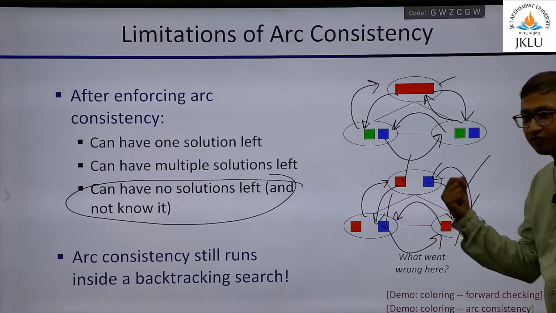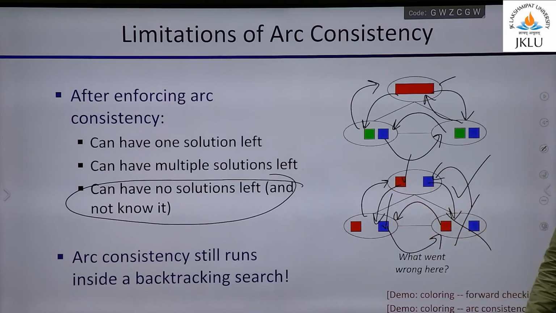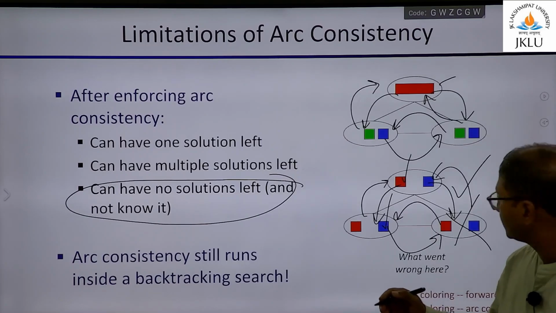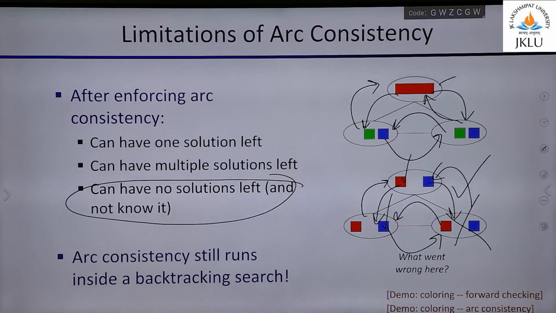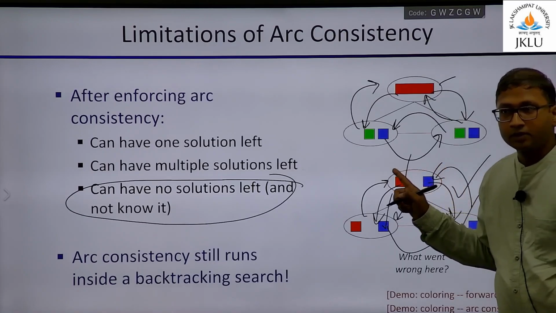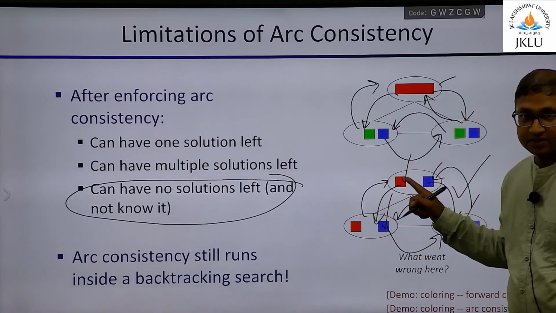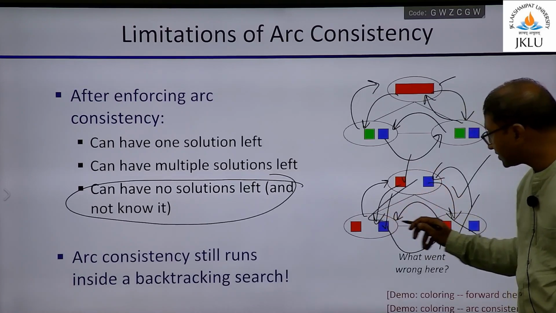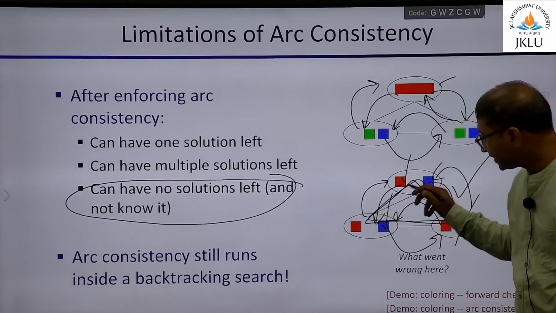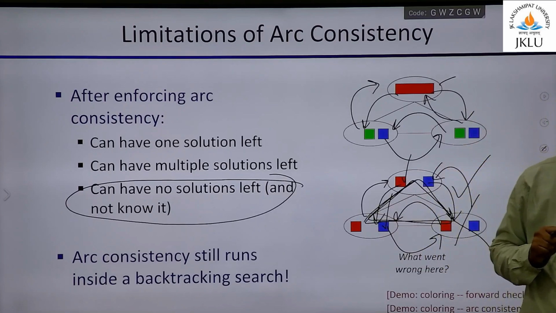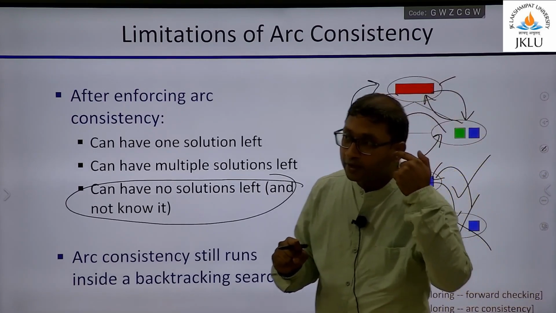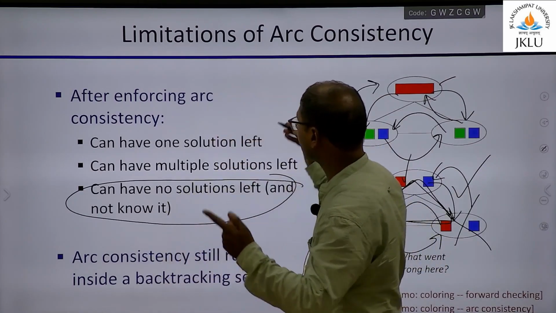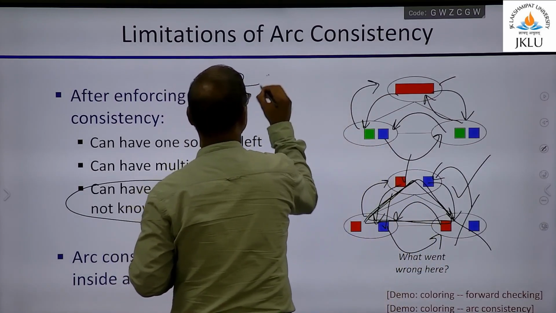Is this a problem of arc consistency? This is not a problem of arc consistency. This is a problem of three consistency, right? These three colorings should be consistent. So similarly you can talk about arc consistency as